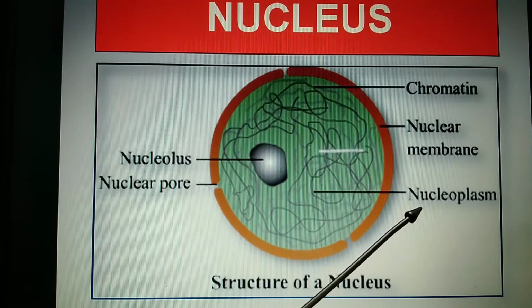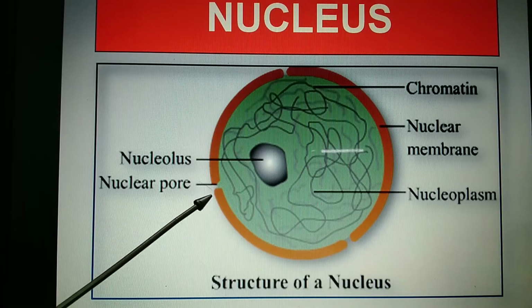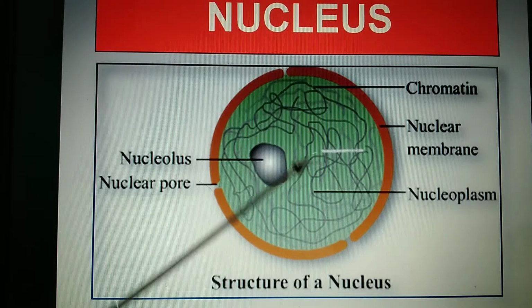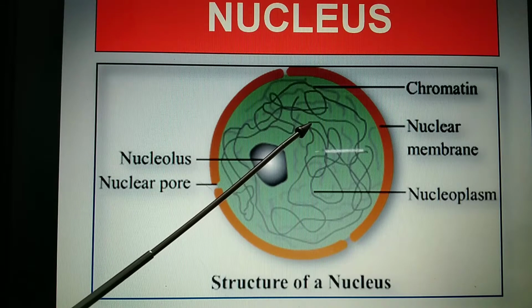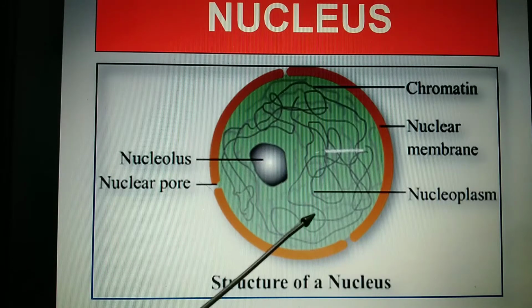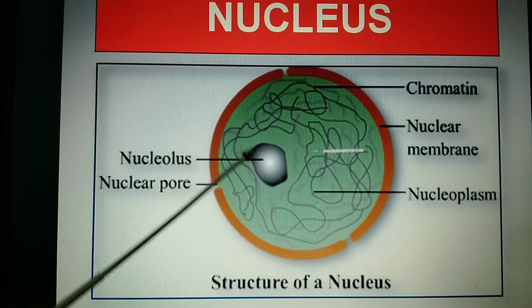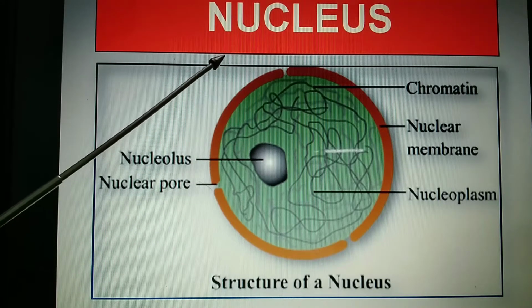but in the case of the cell it was called cytoplasm. There are small pores present in the nuclear membrane of the nucleus from where the chromatin condenses and converts into DNA, and the DNA comes out from these nuclear pores after the process of transcription. So this is the structure which you have to learn about the nucleus.